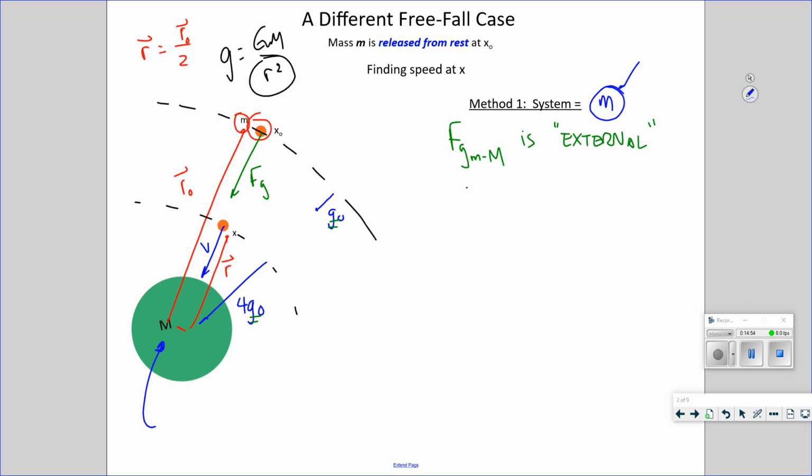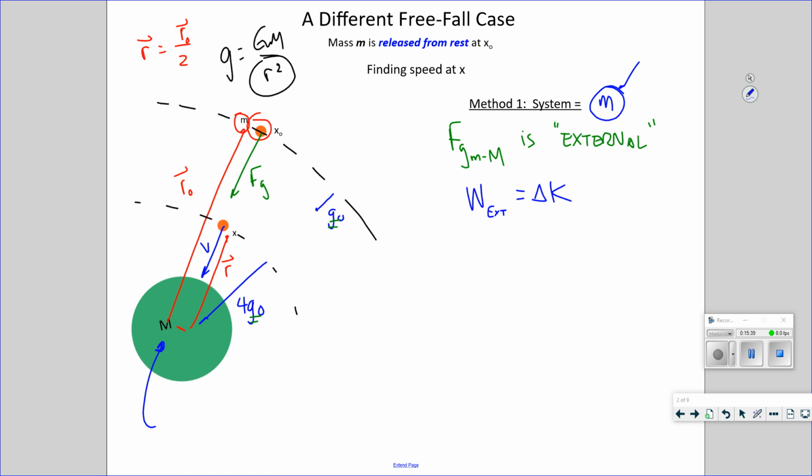And we can then say that the work done by this external force is equivalent to that object's change in kinetic energy. Now, the object m can only have one kind of energy, and that is kinetic energy. The object, little m, cannot have gravitational potential energy. A single object can never have gravitational potential energy. Two object systems can. This is not a two object system. This is a single object. So the only thing that this work done by this external force can do, since work always changes energy of some form, is change kinetic energy, because our mass, little m, can only have kinetic energy.